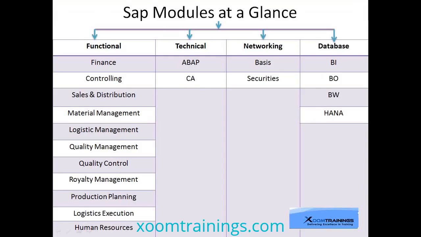Coming to functional, each and every module has sub-functions like finance, controlling, sales and distribution, material management, quality control, royalty management, production planning, logistics execution, and human resources. These are all major functional modules. Coming to technical: ABAP and cross applications, networking, basis and securities, database,